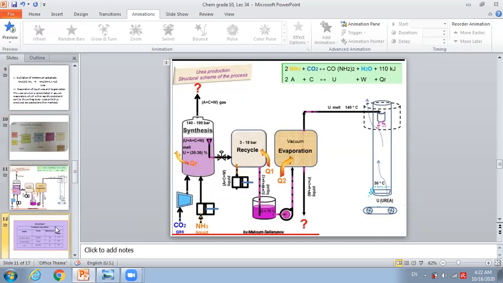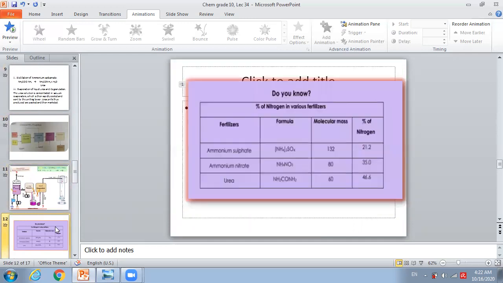Then we discussed the percentage of nitrogen in different fertilizers, that is ammonium sulfate, ammonium nitrate, and urea. It is clear from the table that the percentage of nitrogen in urea is the highest. 46.6% nitrogen is present in urea, while other fertilizers contain 21.2% in the case of ammonium sulfate, and 35% in the case of ammonium nitrate. So as urea contains the highest percentage of nitrogen, mostly we use urea as a fertilizer,